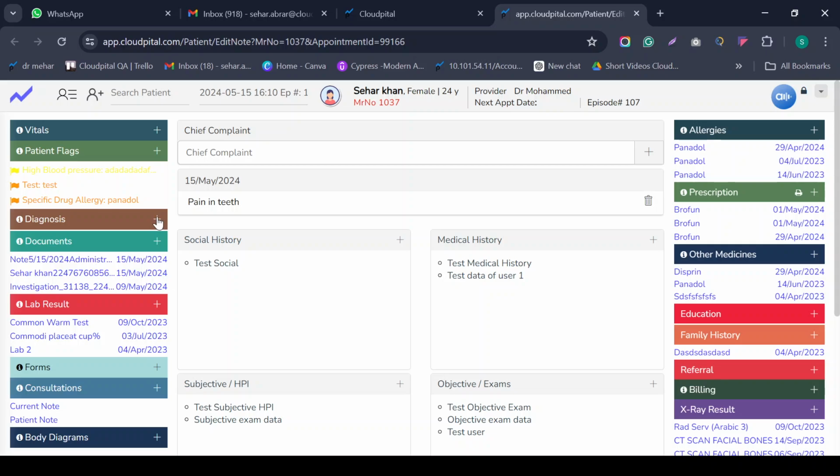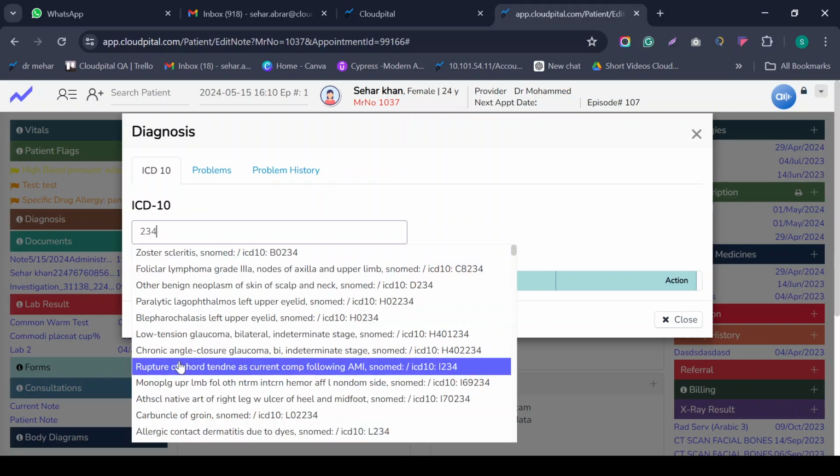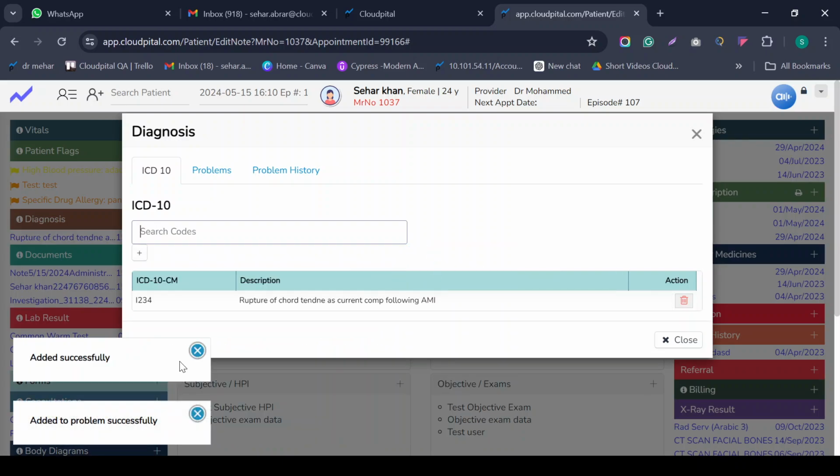Then you need to edit the diagnosis. Diagnosis is just like our ICD-10 code. You just need to write the three-digit code, and the system will show a long list. You just need to click on any of the drop-down values which is appropriate to the patient's needs.